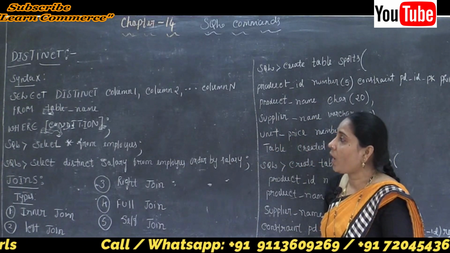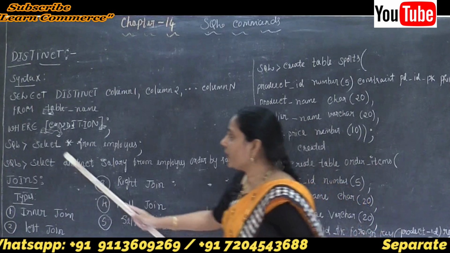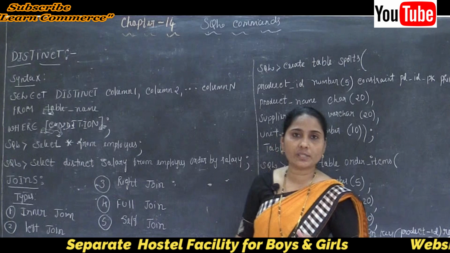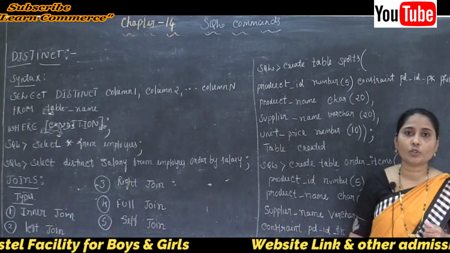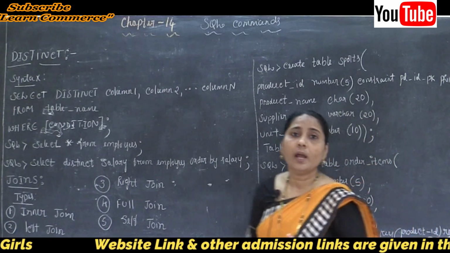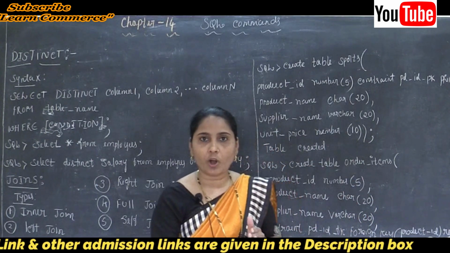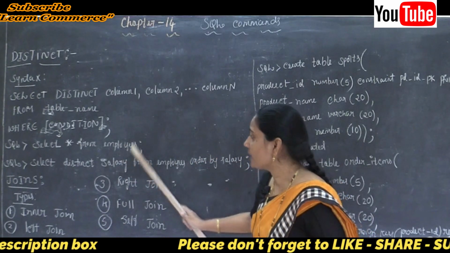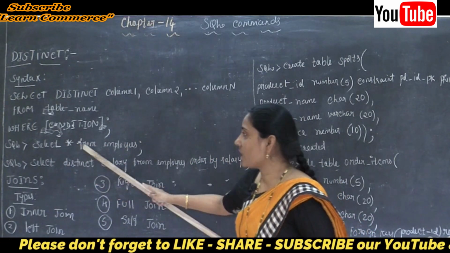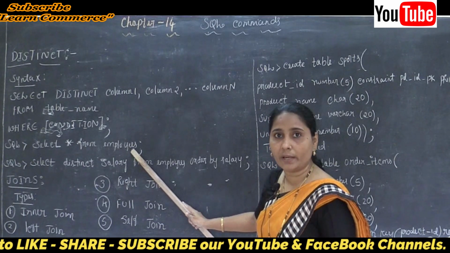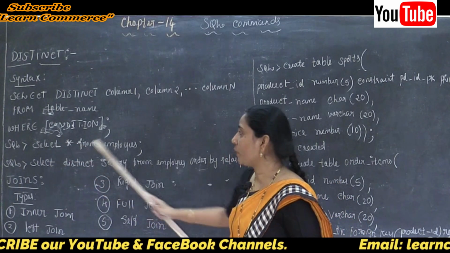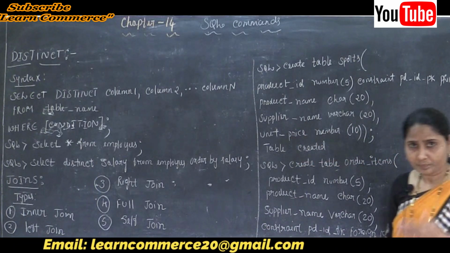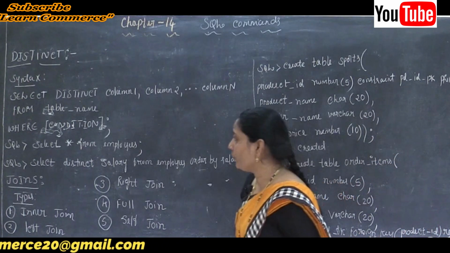So let's see how we use an example. The example is SELECT * FROM employees. We know that when you use the star, you don't want any particular column of a table; whatever columns are there in the table, I want to access every column. So by using the syntax, SELECT * FROM employees semicolon. So we can say SELECT * FROM table_name. The table name is employees, so I wrote employees here.